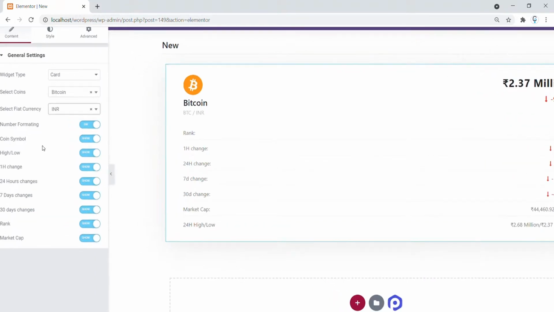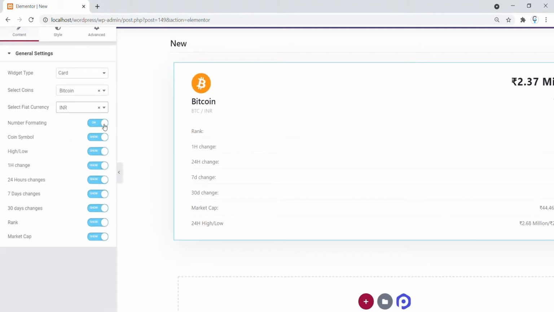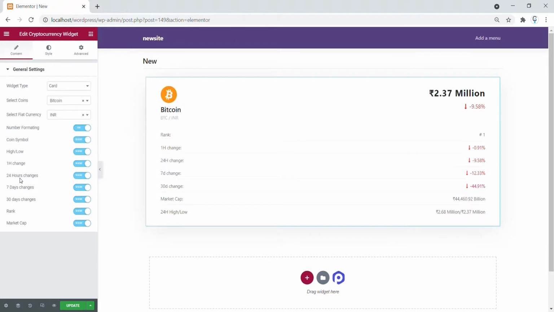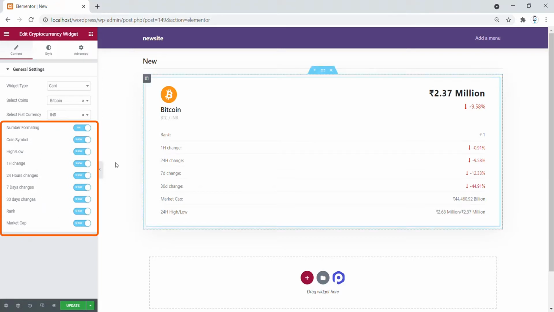There are many more options like number formatting. You can hide or show the number formatting or the coin symbol. These are all the options which you can show or hide on this widget.